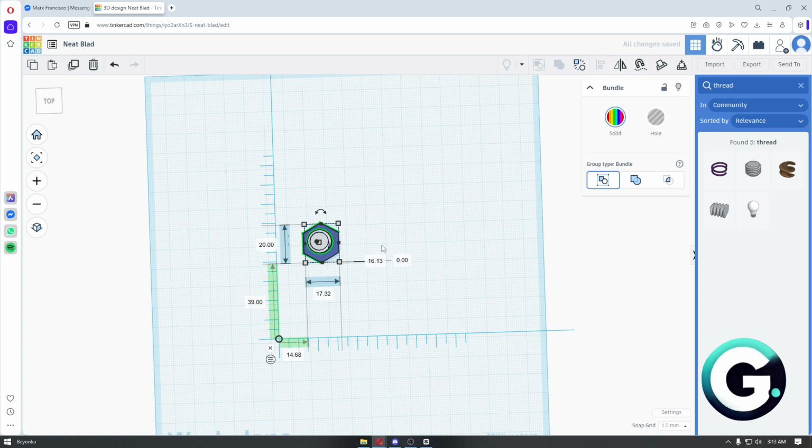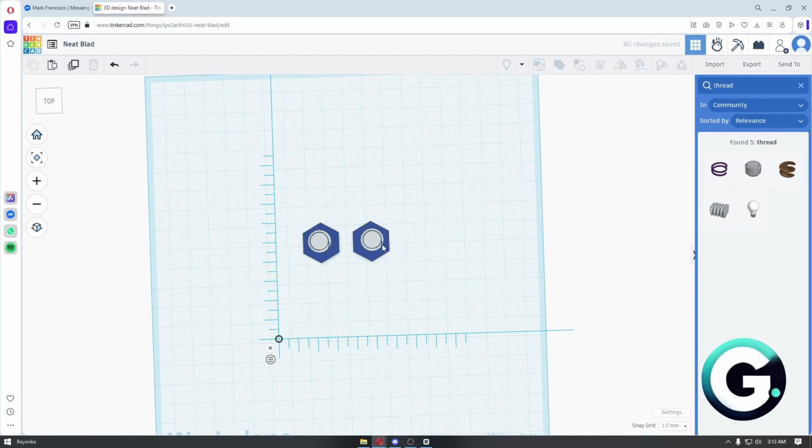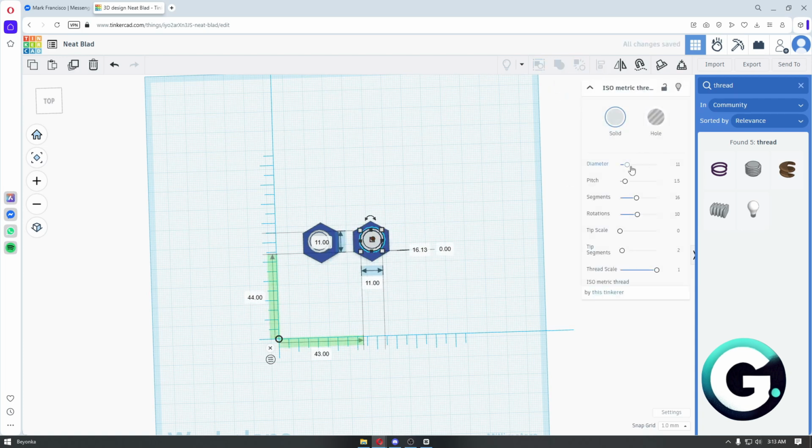After grouping them together, you want to copy and paste them once again. And now we have two shapes, or we have bolts right here, 2 bolts. You then want to simply ungroup this shape. And then in my situation, I find increasing 1 millimeter of diameter the best, so make sure that your thread works perfectly with your nut. So in my case, since I'm using 11 diameter, I'll switch it into something like 12